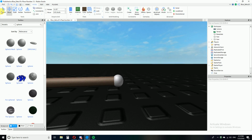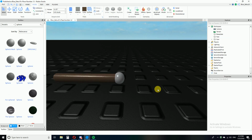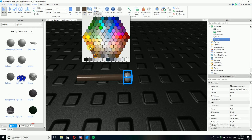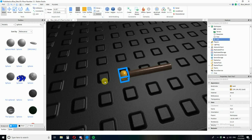Okay, now that you've got that, you can also change the materials of everything. Make this a goldish color. And then also,